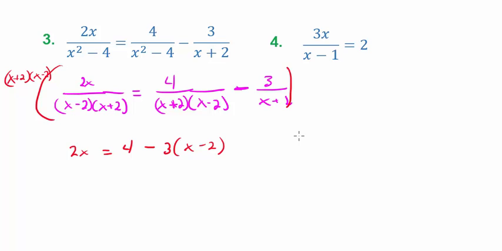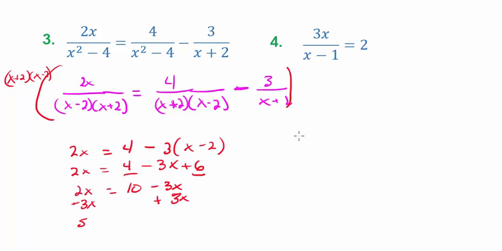Now we have this equation, which is a lot more manageable. From here, we can solve this linear equation by distributing that negative 3, so negative 3x plus 6. Now we have some like terms right here, so 2x is equal to 4 and 6 make 10 minus 3x. And finally, I'm going to add 3x to both sides, which is 5x is equal to 10. Our first problem where we do have to divide both sides by the same number, so x is equal